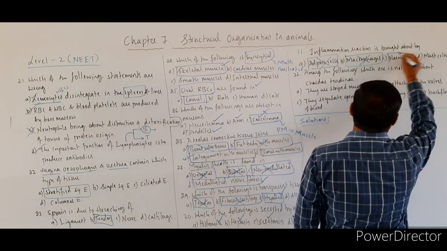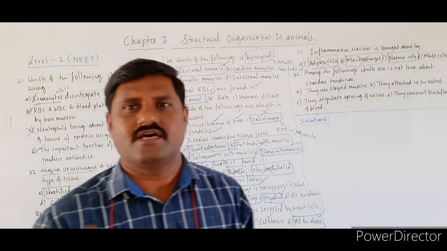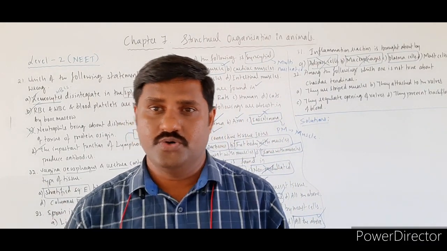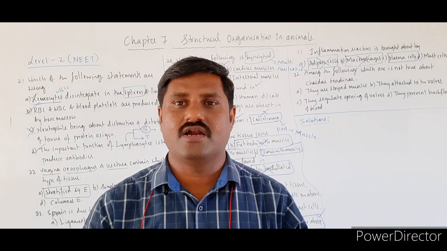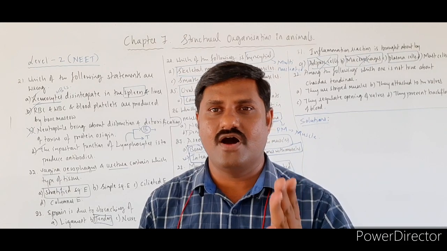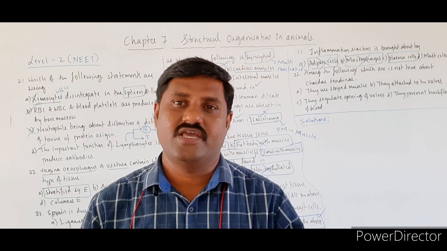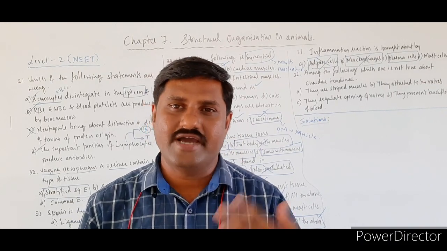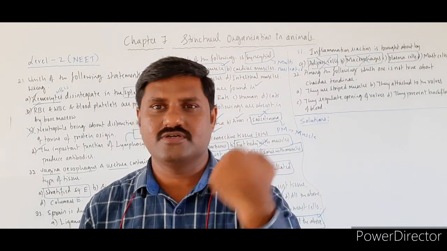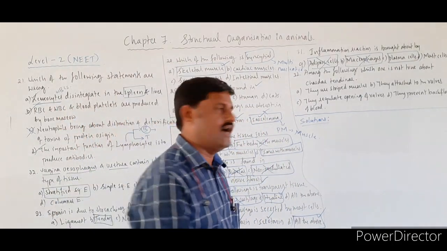Okay, and the next one is plasma cells. You know, students, plasma cells are specialized cells. They are also present inside the areolar tissue and act as defense cells. How do they act as a defense one? They secrete the antibodies, that is, Y-shaped immunoglobulins. Y-shaped immunoglobulins are nothing but antibody molecules, and these antibody molecules fight against the antigens. Hence, these act as the defense system in our body.